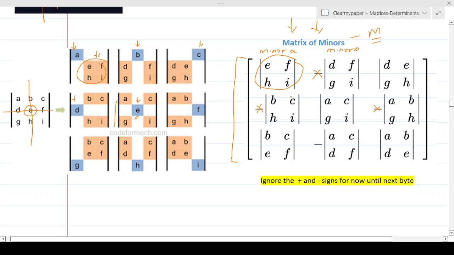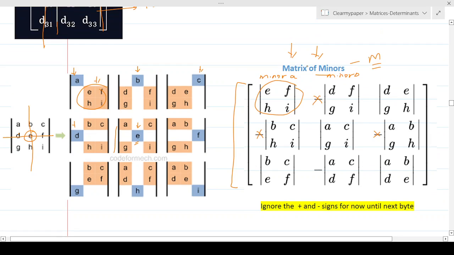But for now, just understand how a matrix of minors is formed, where we are not going to include the very element we deleted. We are just going to consider the determinant of the remaining elements and form a matrix around that. And that's called the matrix of minors.